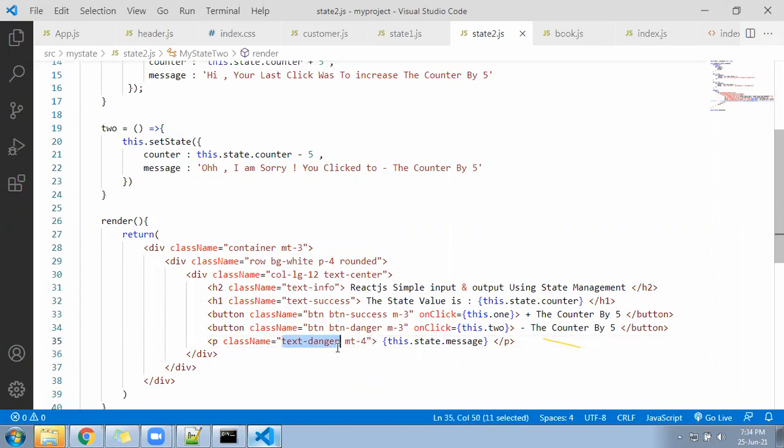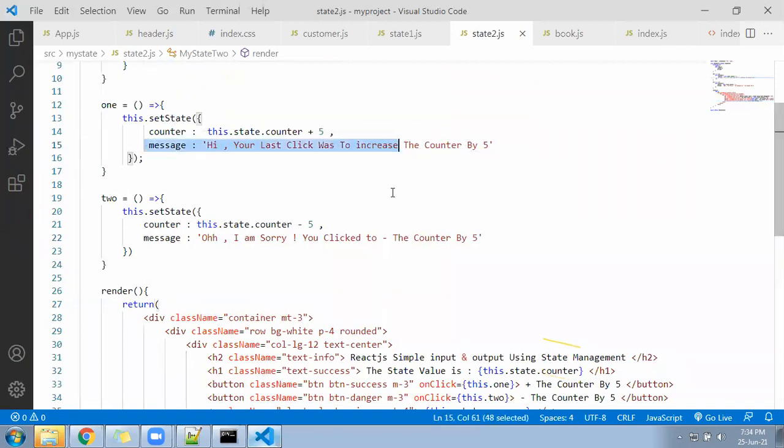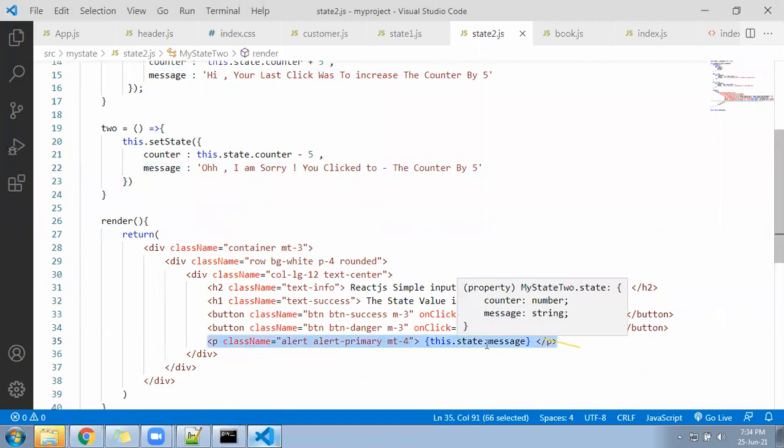Instead of that, apply a class here called alert. In Bootstrap, we have a very good class called alert. Alert hyphen something, success or maybe primary. Then we check what is happening. Here is a variable, and you are printing it here in the last. As soon as you click on the button, your message should get changed. That class I have used.